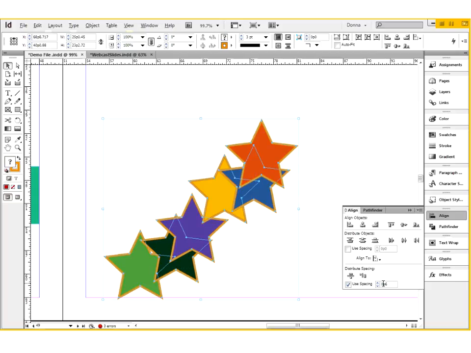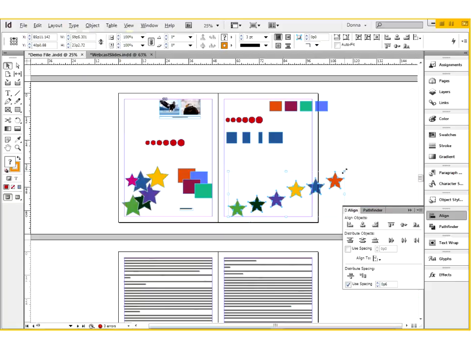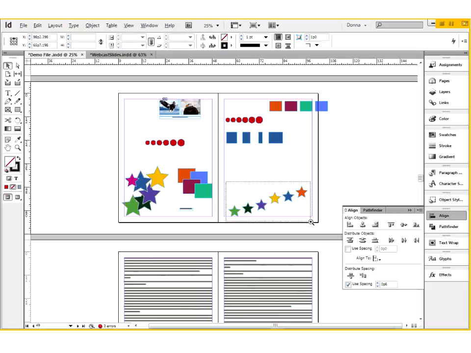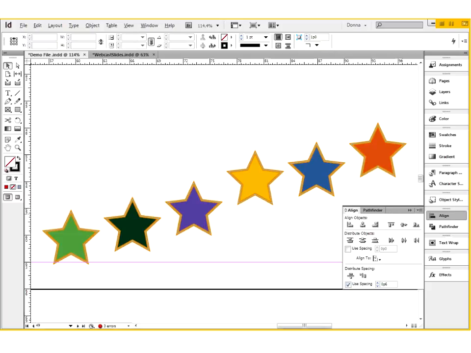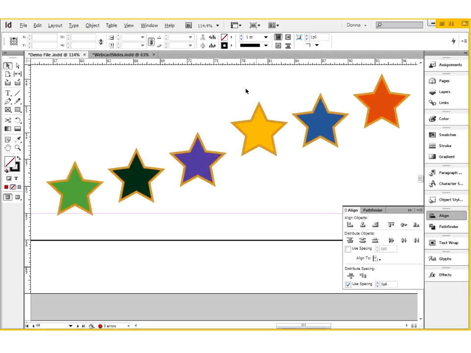Let's first distribute the spacing between these. There we go. And let me zoom out a little bit, and I will shrink these proportionally. There we go. And then we'll zoom in. All right. From what we just mentioned,